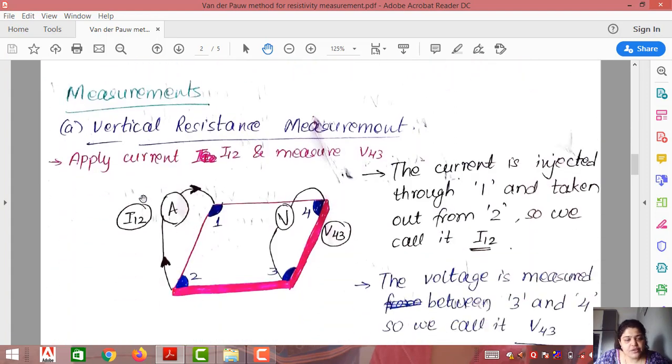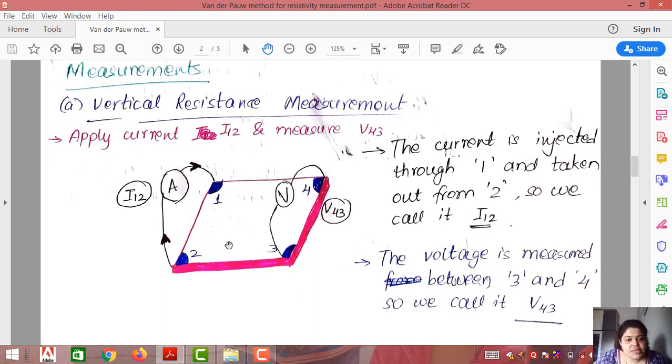Now for the measurements, we will be dividing the measurements into two parts. One is vertical measurement, the other one is horizontal measurement. So this is a diagram. Suppose we consider this as a sample. The sample has very small thickness. You can consider the length and width as compared to it; this thickness is very, very less. The blue colored ones I have shown are the four contacts at the corners. You can also make the contacts at these edges. It should not be inside the material. It should only be at the edges. So you have labeled them as 1, 2, 3 and 4. So it is counterclockwise labeling.